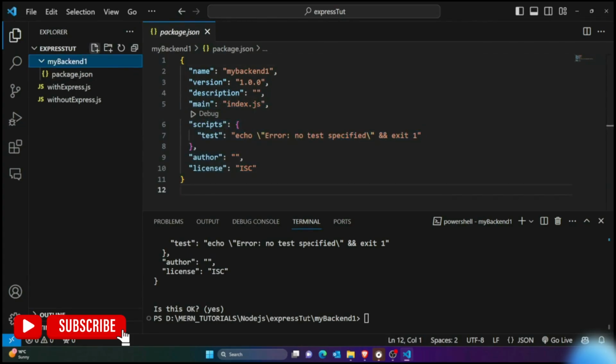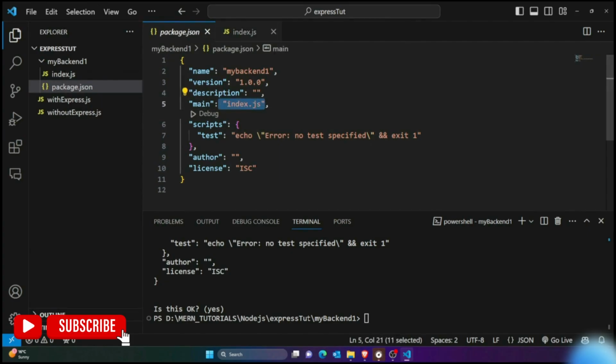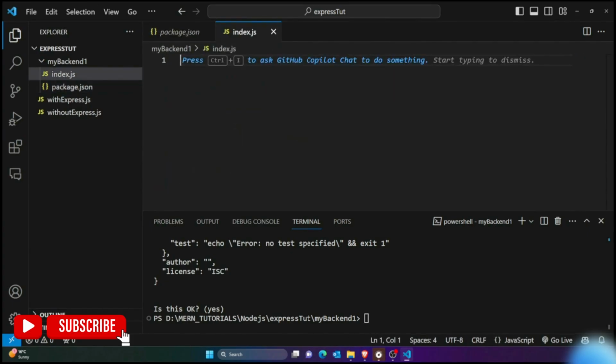Then, guys, here I'm going to create a file named index.js, which would be my main file. Since in package.json my main is named index.js, that's why I have to create a file named index.js. Okay,